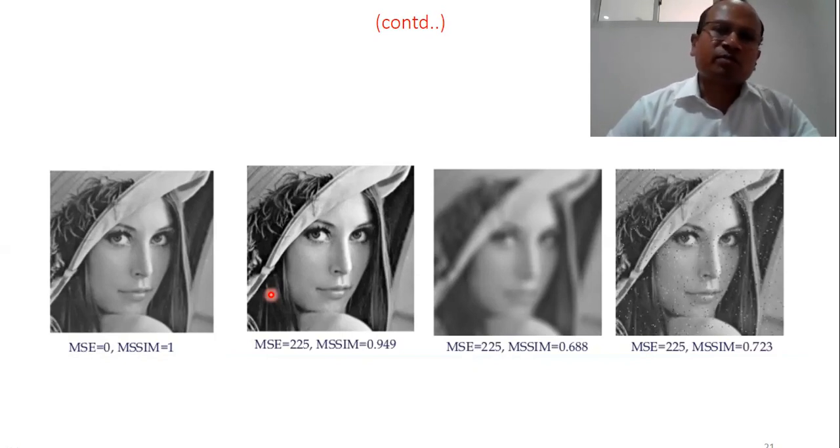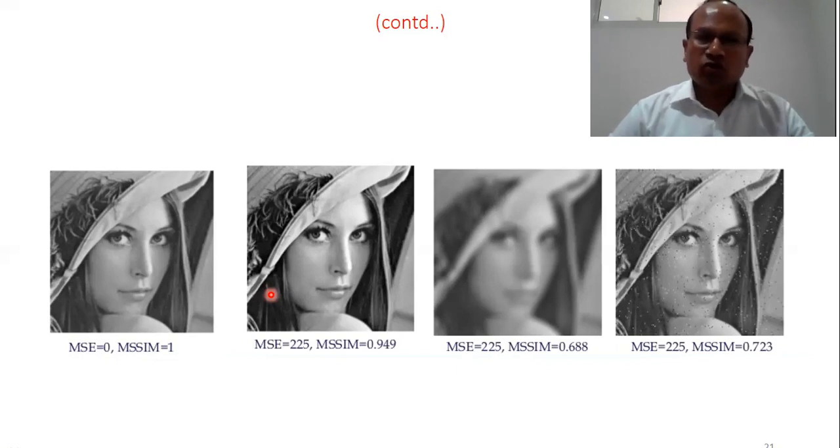Then we also discussed the high frequency emphasis method, which is unlike a high pass filter. In a high pass filter, we pass high frequency and reject low frequency, whereas in high frequency emphasis, we emphasize high frequency content, but we do not reject low frequency. We maintain some average value of the low frequency content as well.